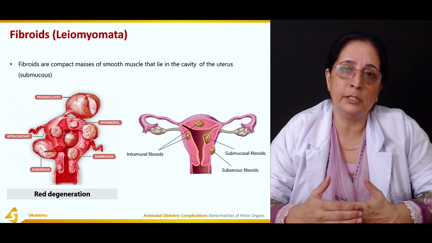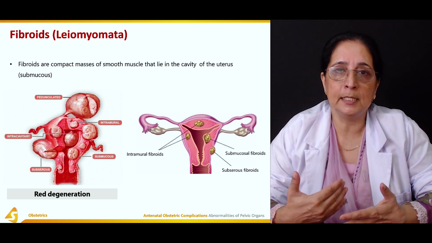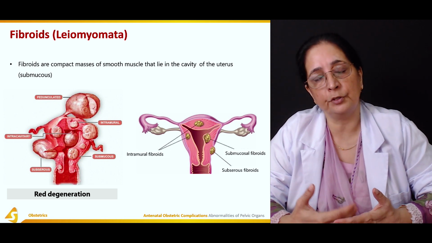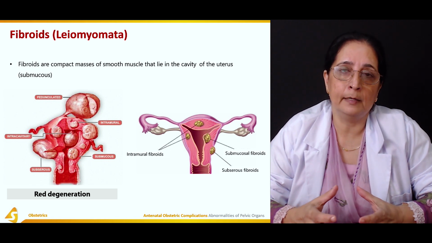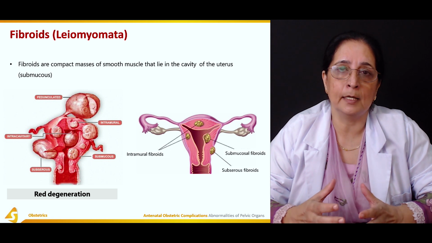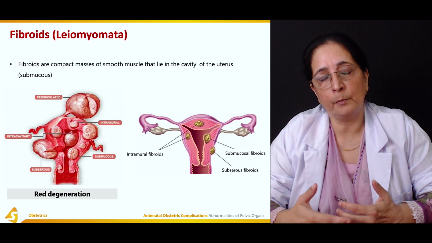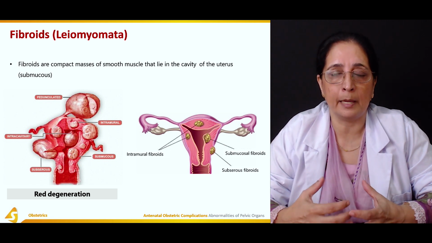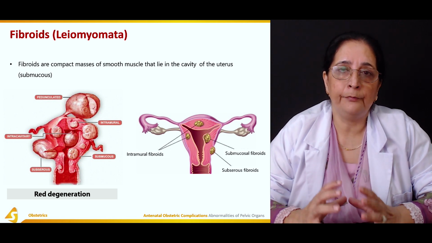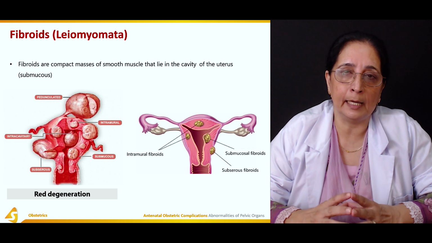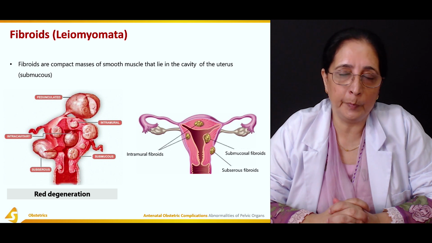Fibroids are common during pregnancy because of hormonal changes. Increased levels of estrogen and progesterone lead to formation of fibroids. And even during the pregnancy, there is some bleeding from the fibroids also. So as the hormone levels keep on increasing, fibroids grow and they can bleed also. If the fibroids become so big that they can affect the growth of the baby, then they should be treated